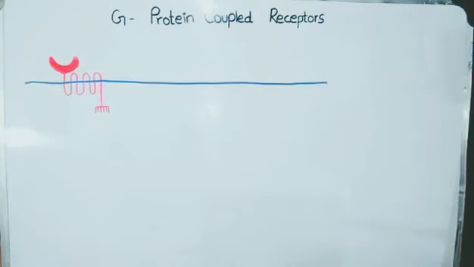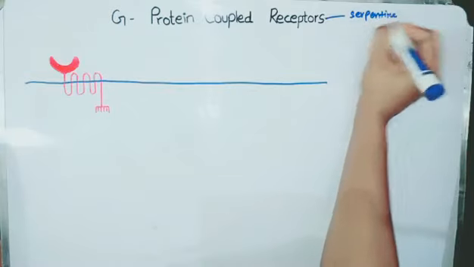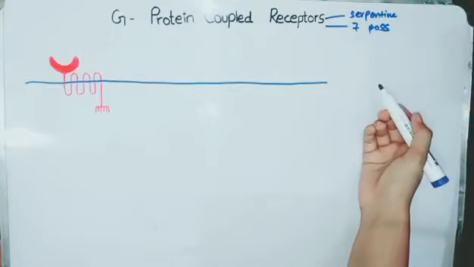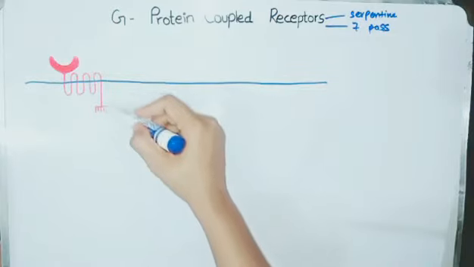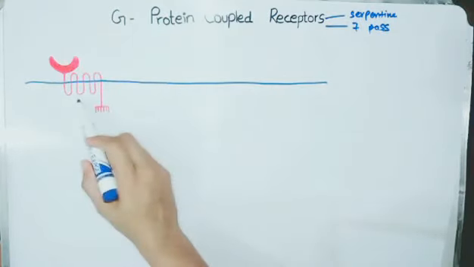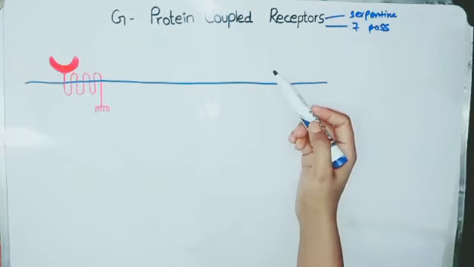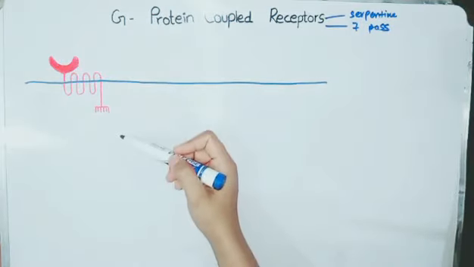Hey, today we're going to discuss a family of transmembrane receptors that is most commonly known as G-protein coupled receptors, but other names for this family of receptor are serpentine receptor or 7-pass receptor. Serpentine and 7-pass receptor are the names given because this kind of receptor has a very bulky and long polypeptide chain that passes several times through the plasma membrane. And it is called G-protein coupled receptor because a trimeric protein, which we're going to discuss later, is involved in the working of